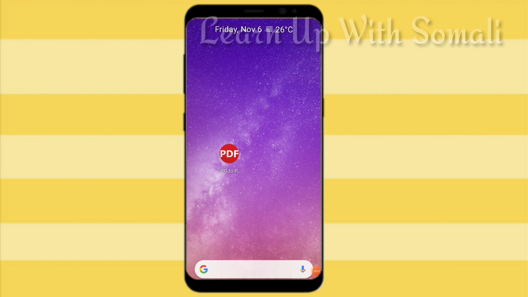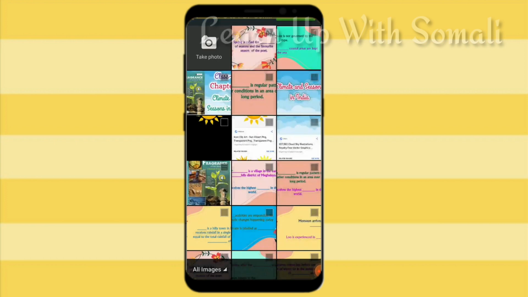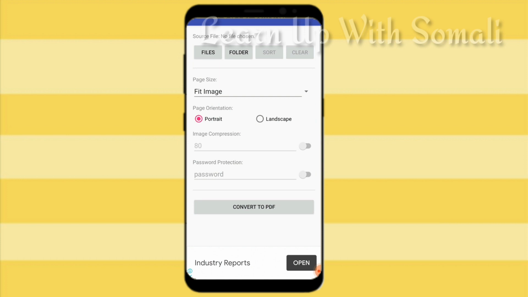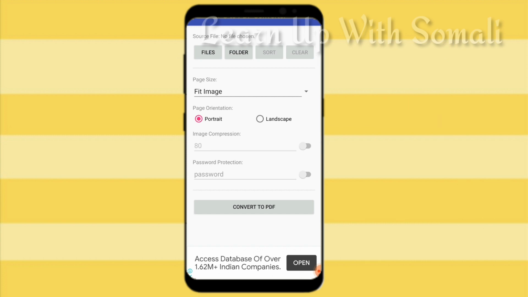First, you need to open the app. For making a PDF, you need to click on the Files option. There are many other options present there, such as you can change the page orientation. It can be in portrait or in landscape manner. But as you have to write your answers on long, large sheets, I prefer to keep it in portrait form. And yes, don't forget to crop your images before converting them, or else your teacher will be looking only at your bed sheets and not the answer sheet.